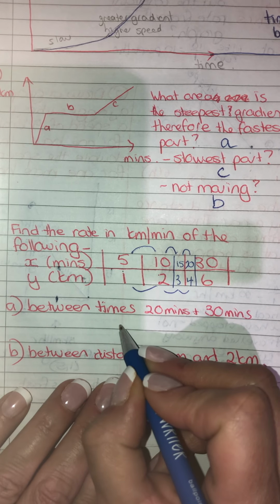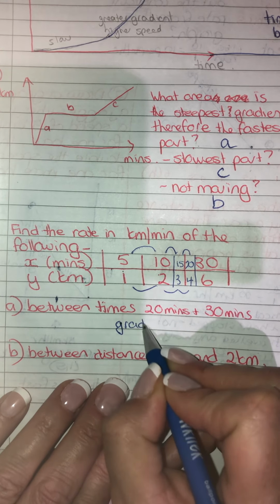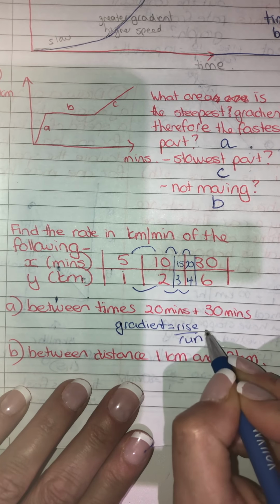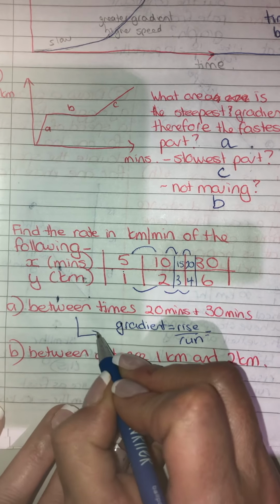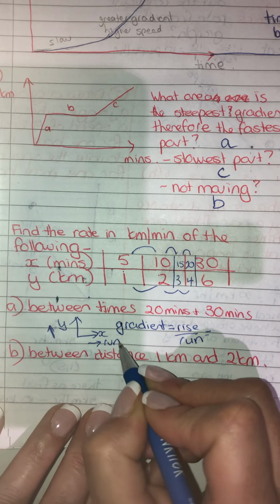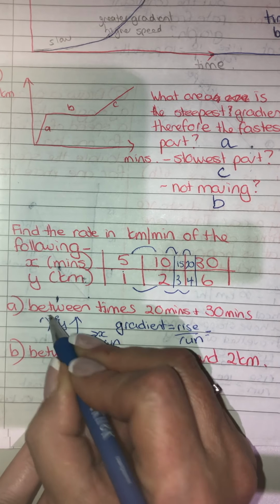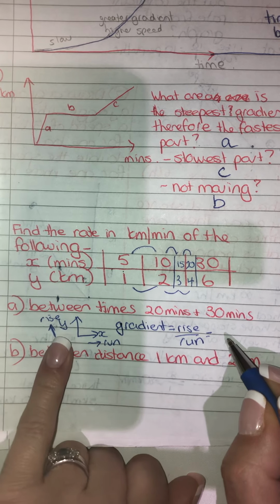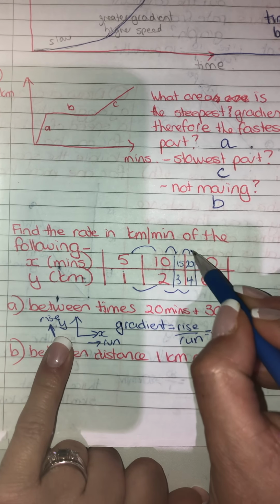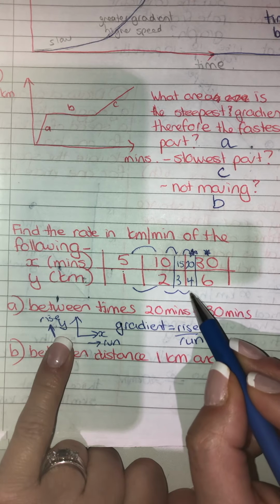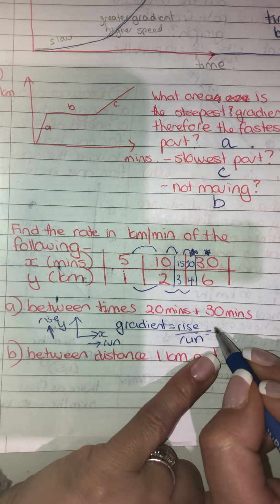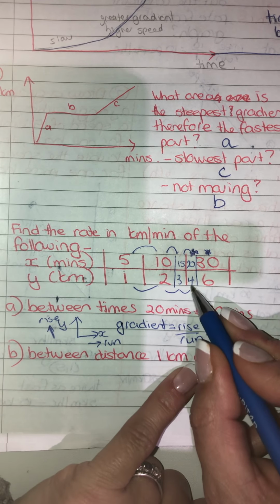So what we want to get, as usual, of course, is the gradient, which is rise over run. And just make sure you do this correctly. Where's rise? The rise is always the y values, and the x is always the run. So this is rise. So rise is on the top. So you want the change in y values between 20 and 30 minutes. So here's our 20 and our 30, and the change in y values. So the rise on the top has got to be y values, rise. The change between 20